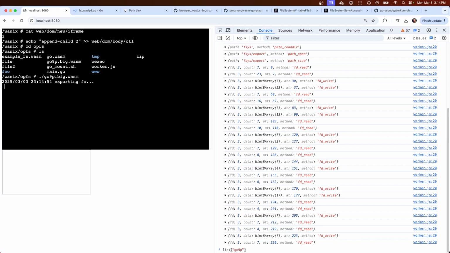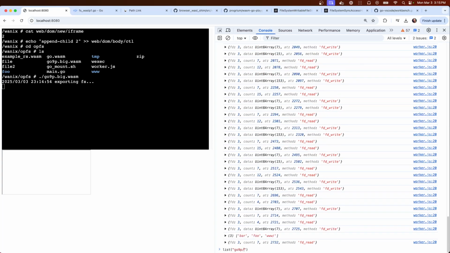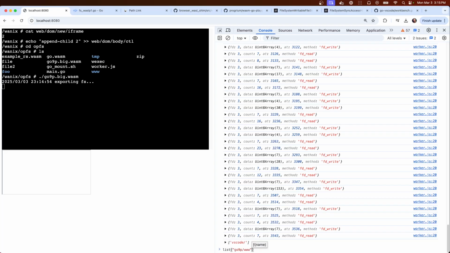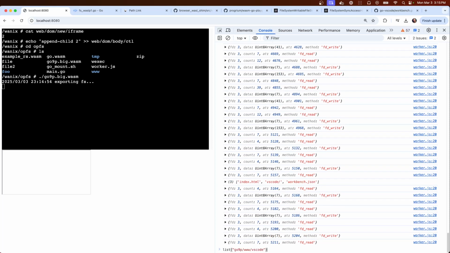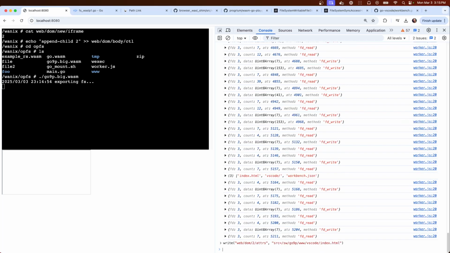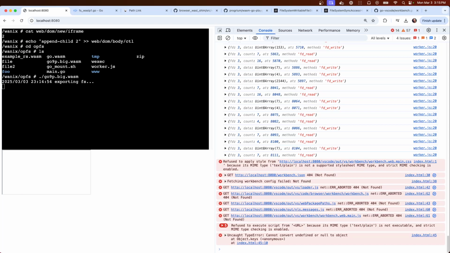And we'll go look to see www, what's in www, VS Code, what's in VS Code. Look at that, index.html. Okay, cool. So we should be able to VS Code slash, oh, it almost worked.